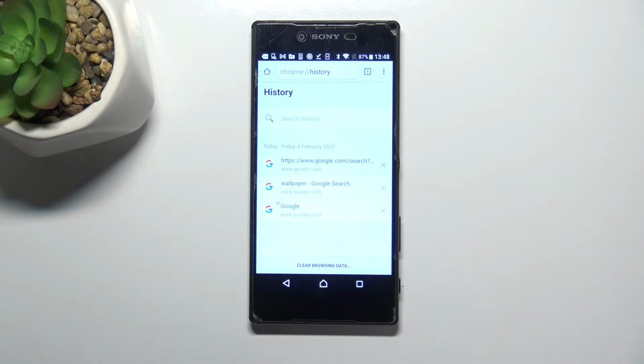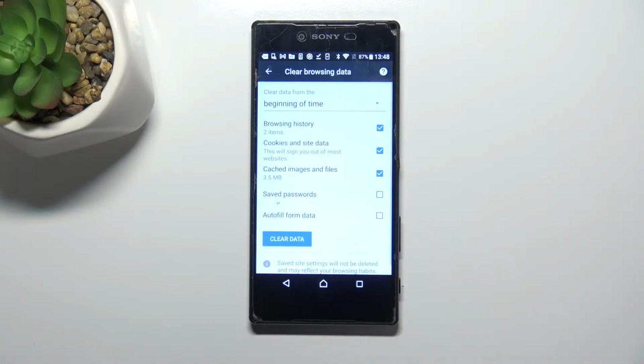And as you can see, this is the list of all previously visited websites. Of course, if you want to, you can remove them one by one manually just by tapping on this X button next to it. But if your list is so wide, at least wider than mine, you probably don't want to waste your time simply. So I highly recommend to tap on clear browsing data,